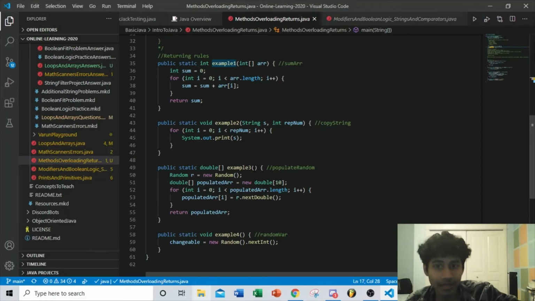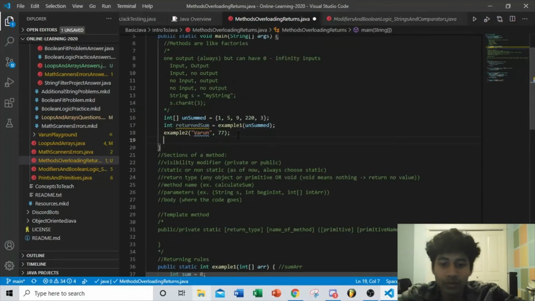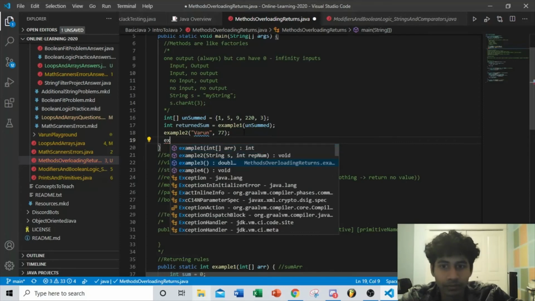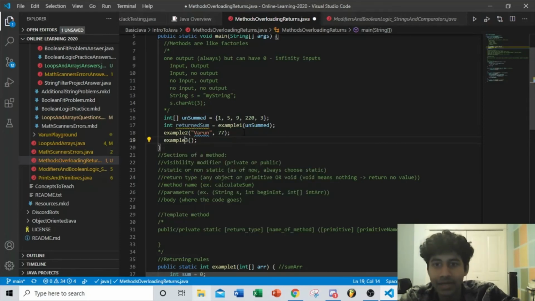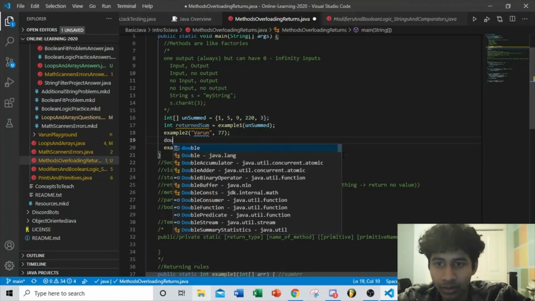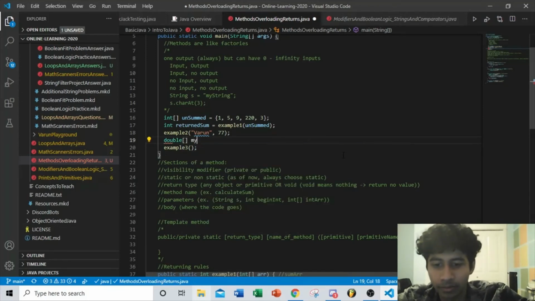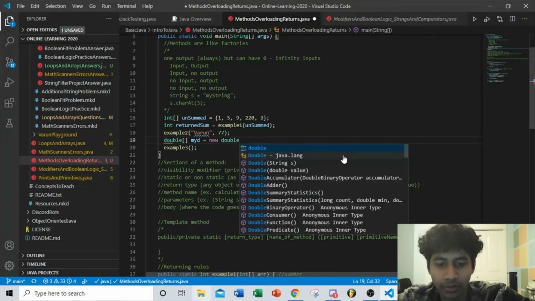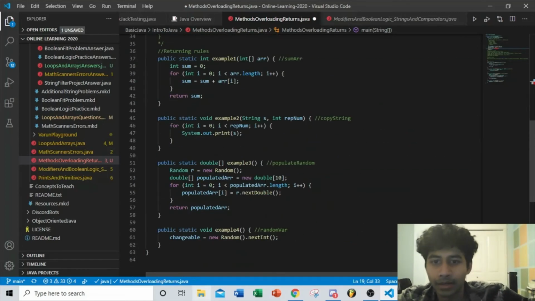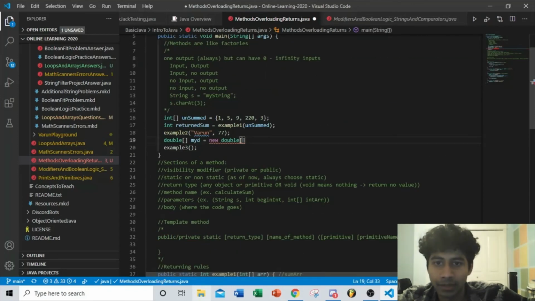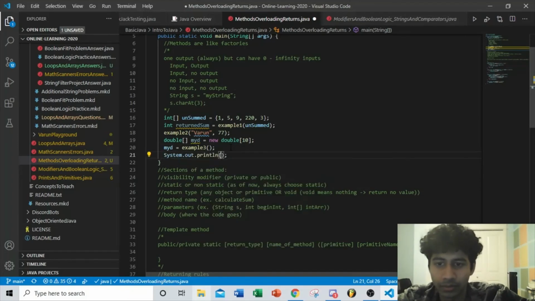It doesn't take in anything, as you can see. All I have to do is just say example 3. It doesn't take in anything, but I have to set it equal to an array of doubles. So I'm going to do double my equals new double, and as you can see down here, I create one of length 10, so I have to set it equal to something of the same length because you can't have an array of 5 equal to an array of size 10. And then I just set myd equal to that, and then I can just do sysout arrays